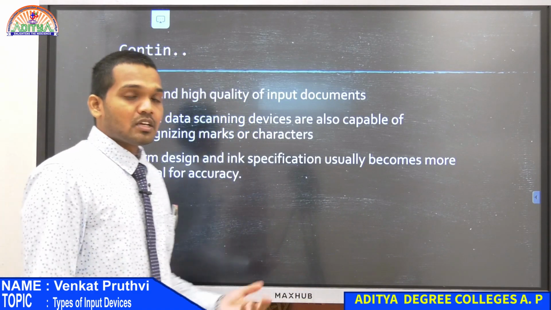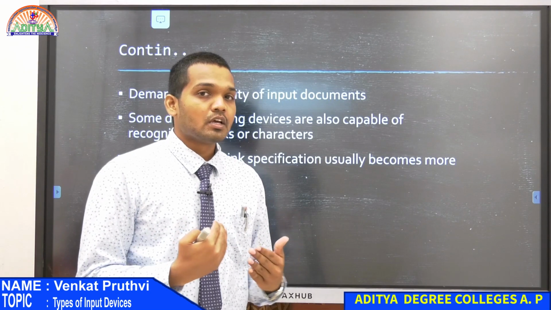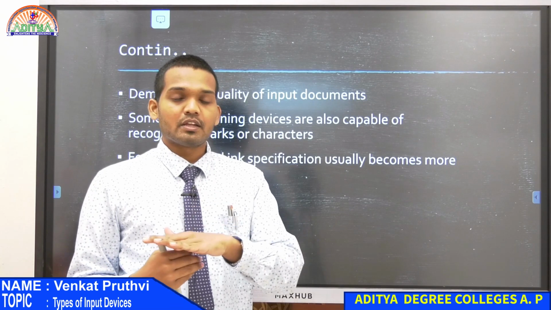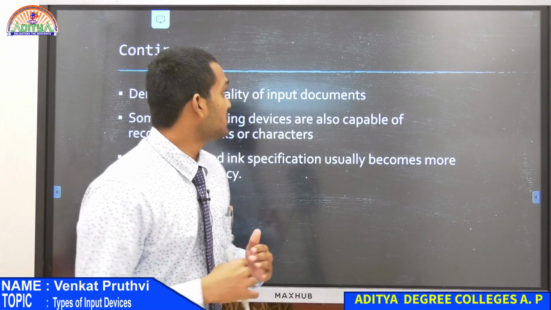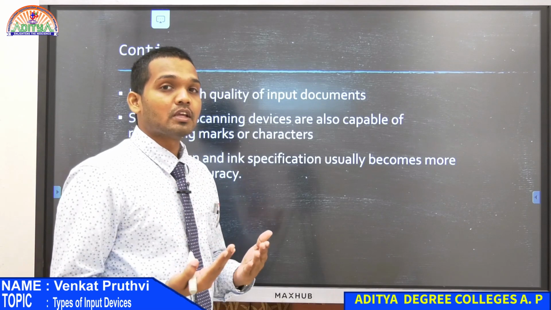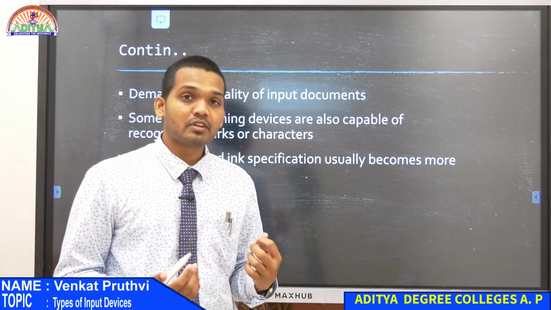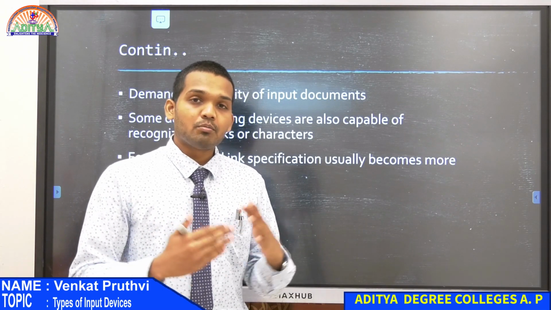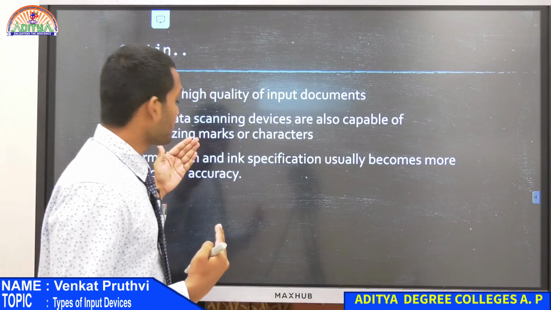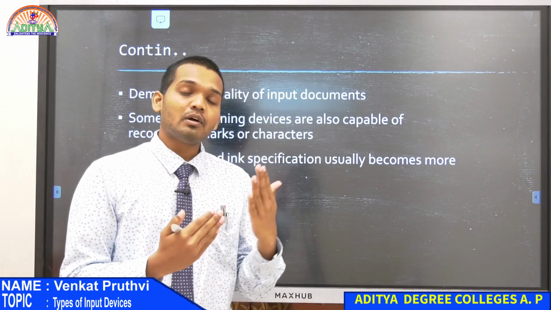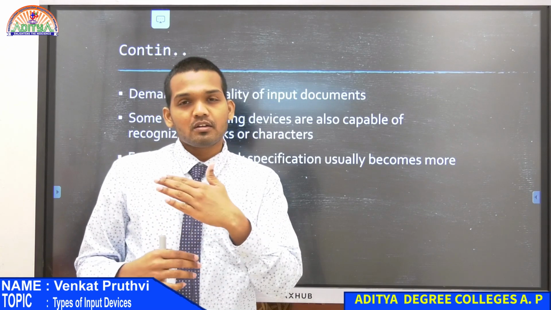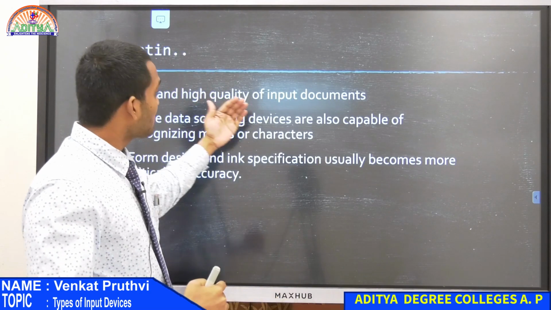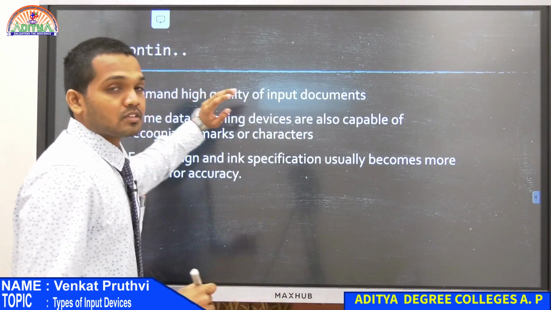So if you are just scanning the front part of the box, it will give you the exact output, whatever is there in your input. Whenever you are scanning the device, whatever is the input quality, you can expect the same output quality or even better quality, because in some documents when we are trying to scan, we try to adjust the resolution and quality of the document. So when we are adjusting that, the computer or the scanner processes the document and it might try to give you a better quality than the input also, but in the manual entry of documents, that might not be possible for us. So demand high quality of input documents. The scanners help us in this.